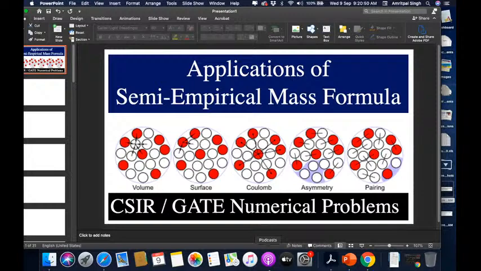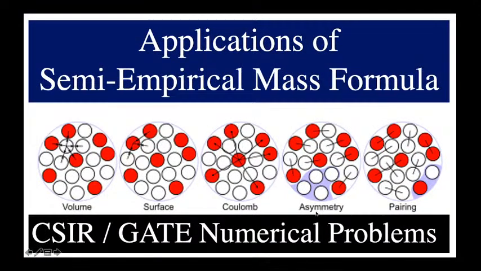And we have found out the total binding energy of the nucleus, which is the sum of 5 different types of energies which are present in the nucleus, and the relation which we have derived, that is